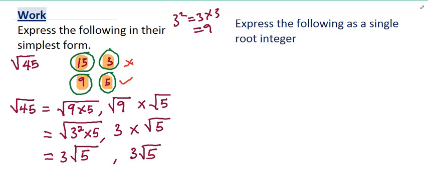Okay, so why did we do that process? Let me show you. These topics are related. If we had 3 square root of 5, for instance, and you want to take it back to the form it was originally, that is 45, all you simply have to do is introduce the 3 into the square root,